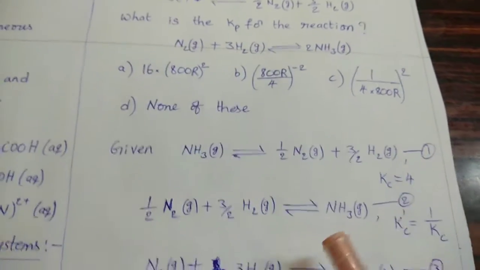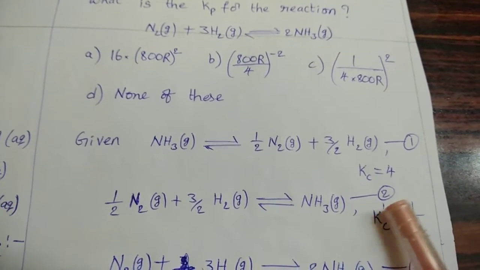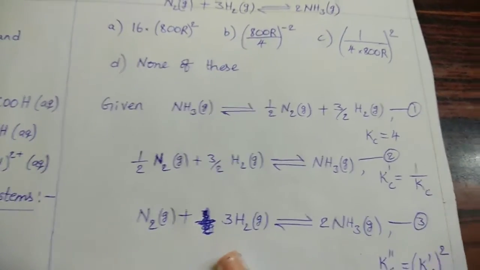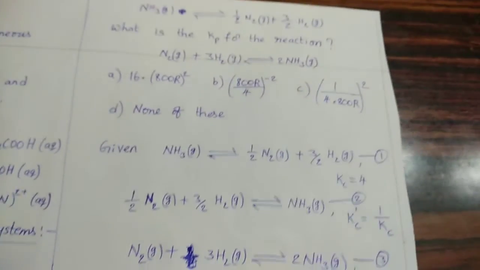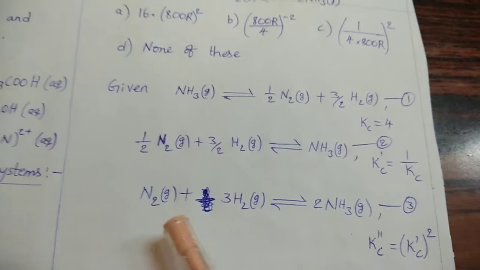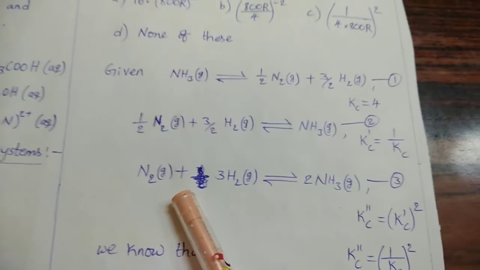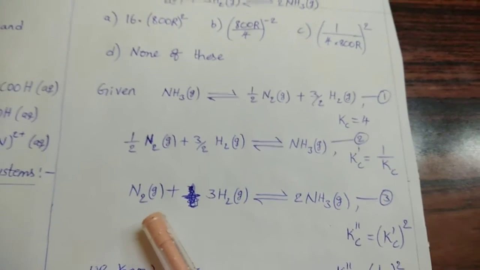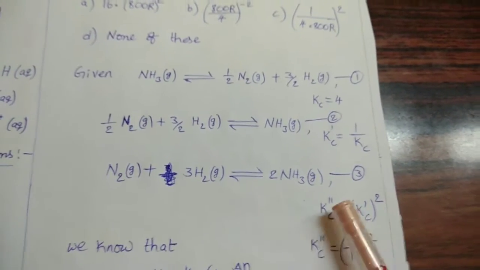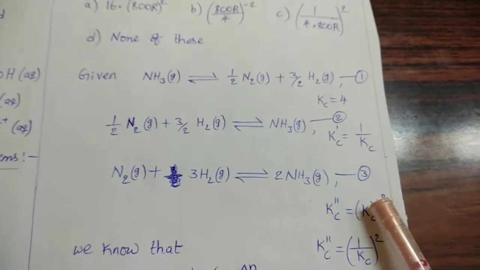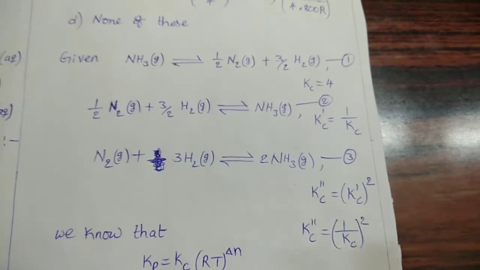Now if we reverse this reaction, we can get this one. So for this equilibrium constant, consider Kc prime equal to 1 by Kc. Now consider this given required reaction. This is our required reaction. For this reaction, we should calculate the Kc value. Kp value we want for this reaction: N2 plus 3H2 gives rise to 2NH3. For this, the Kc expression, Kc double prime equals Kc prime whole square. Then only these two expressions become equal.